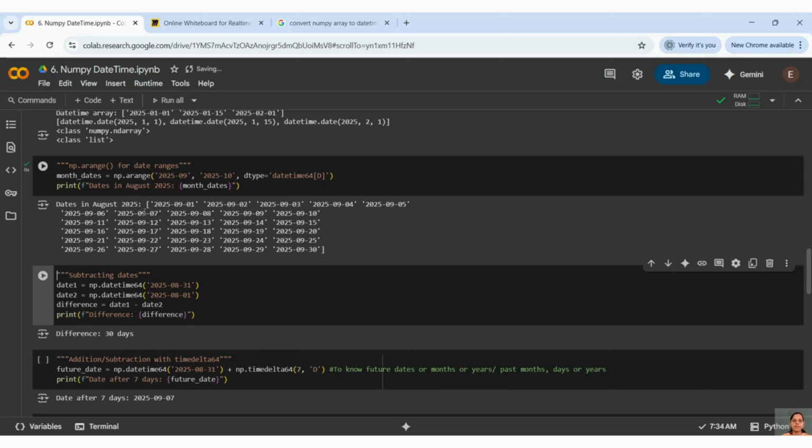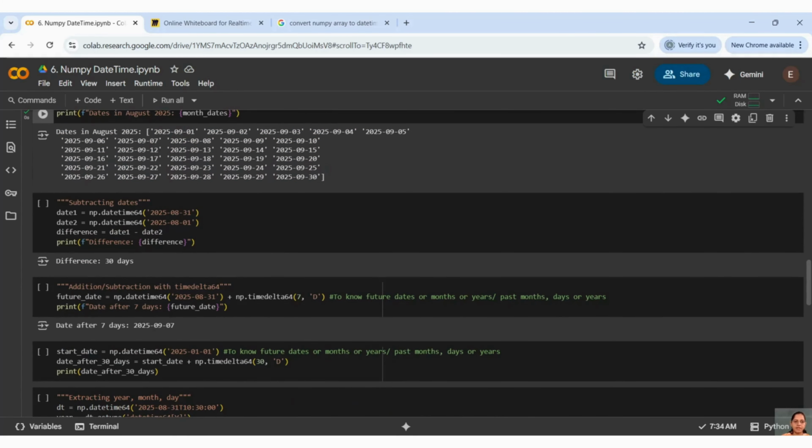So by default, it is taking the first element and all the dates it is giving me of that. Right? Now let us see another example where we are subtracting the dates. So again, we have one date and we have another date and we want to get the difference of it. It's just simple. You need to put the subtract symbol and it is a difference. So basically, what is the output I am getting?